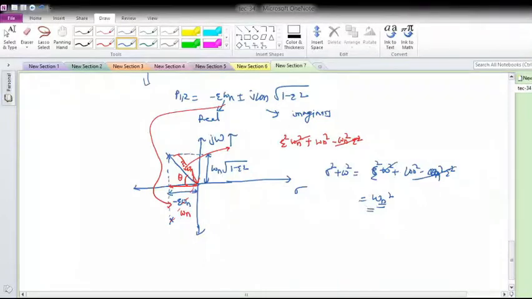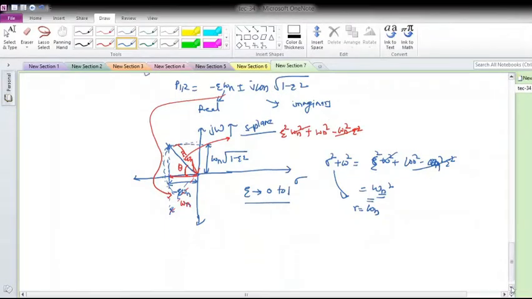So what can we say about it? We can say that the locus of the roots in the complex S plane is a circle. And what is the radius? The radius will be omega n. So the locus of the roots in the complex S plane is a circle of radius omega n. This locus is formed by varying the value of zeta, and zeta will generally vary from 0 to 1.